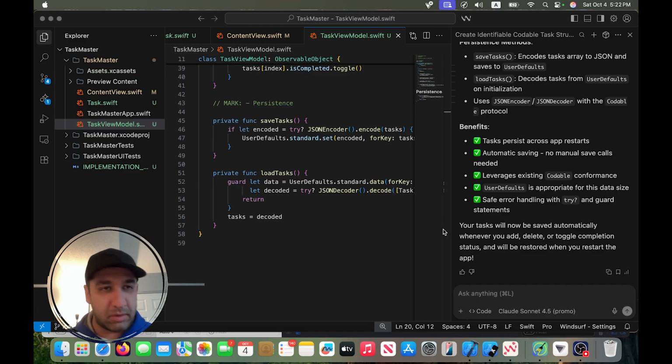But we don't want to stop here. There's a small difference between what is working and what is delightful. And our goal here is not just to make something working, we want to make it also delightful. So in order to make it even better, I'm gonna improve the UI and also add some animation to the app to make it even more awesome. So I'm just gonna ask Windsurf to do it for us. And I'm just gonna ask add